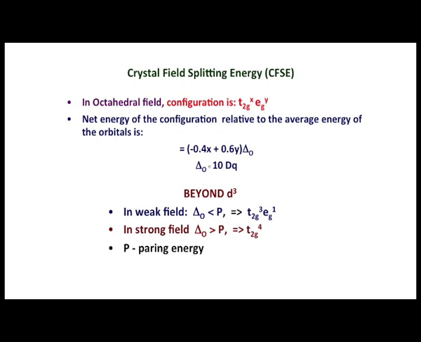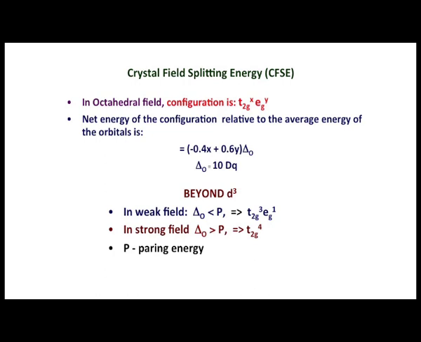Up to d3, that is d1, d2, d3, the electrons will initially be fed into the t2g level, so there is no competition for occupying the other level, but when we move to the d4 situation,